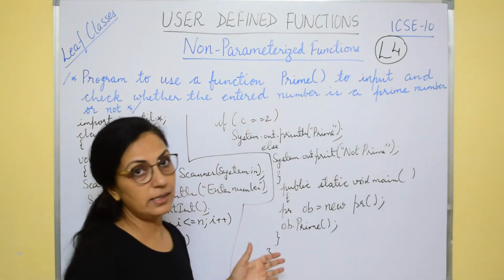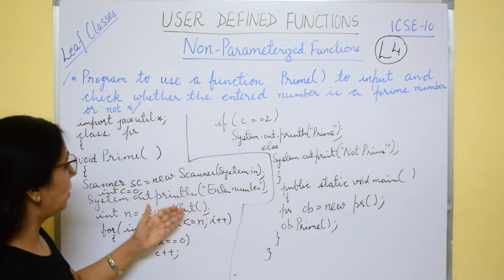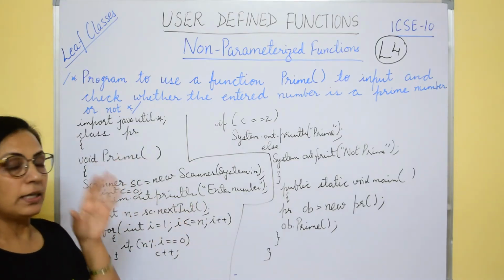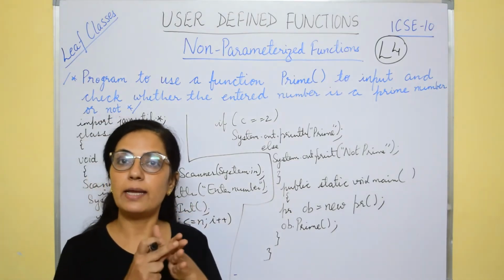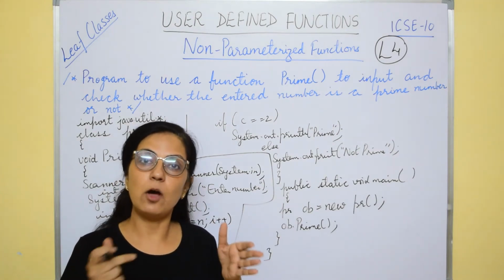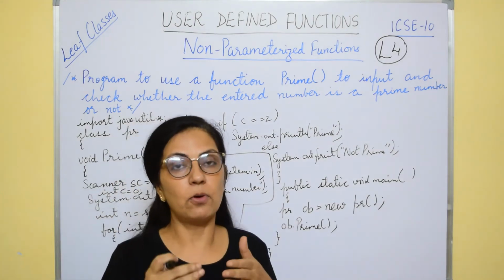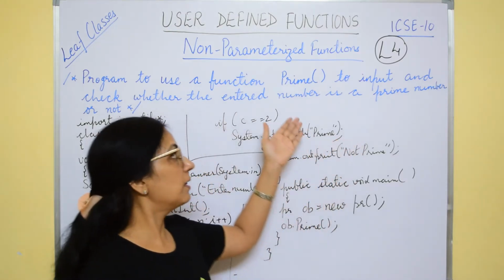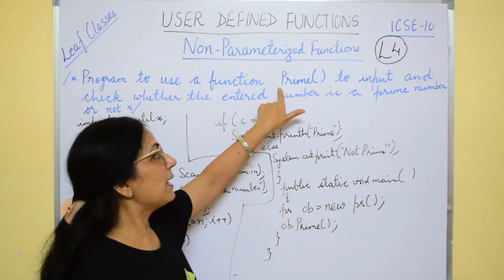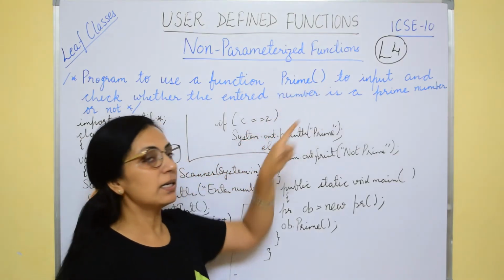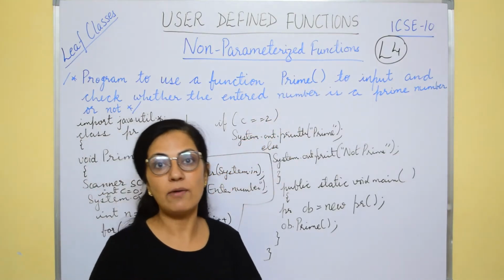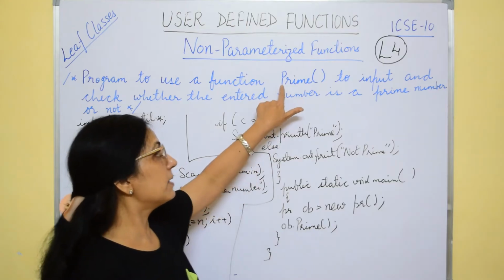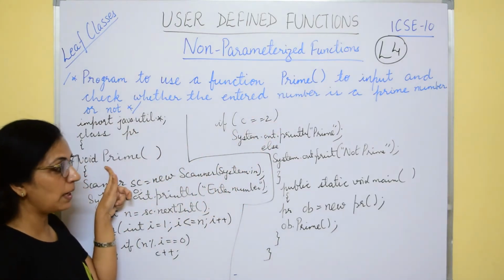Once again I will just revise this here only. Till now you have been writing the program only in main. Now we will divide that program into main and one more function which is given in the question. Always keep in mind, if the function name is written, the same function name you have to use. Like here P is written capital, so I have used P capital here.